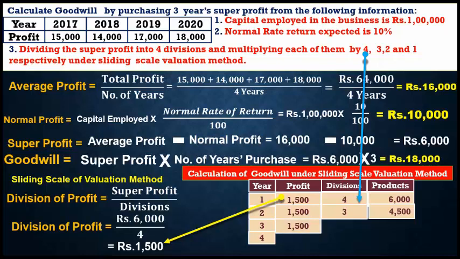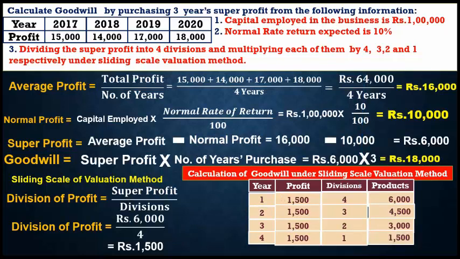Next one, 1,500 into division 2. 1,500 into 2, what is the answer? 3,000. Next one, fourth year, division of profit is also the same, 1,500. What is the division for the last year? 1. 1,500 into 1, what is the answer? What is the product? Rupees